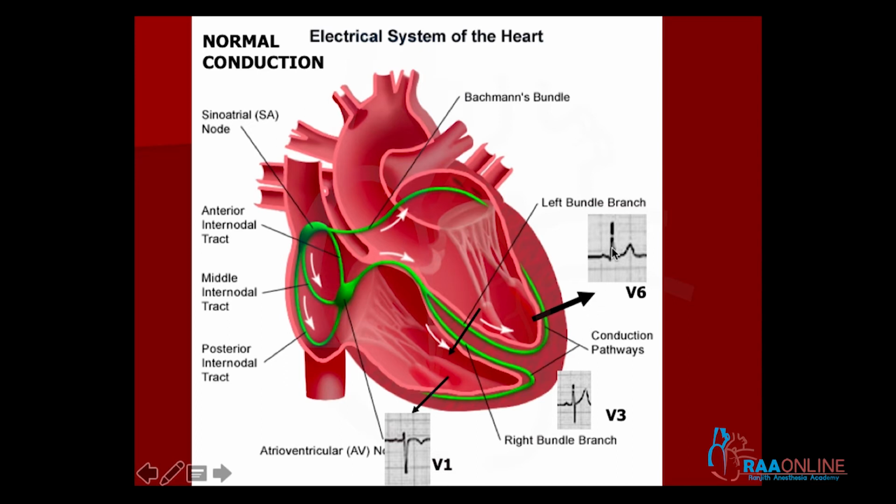and in V5 and V6 the R wave becomes totally positive. So the zones in which the R wave is progressively increasing, V2, V3 and V4, are called transition zones, because a predominantly negative complex is going to become a predominantly positive complex on the left sided leads. So in a normal ECG, the right sided leads are predominantly negative preceded by a very small positivity, and left sided leads are predominantly positive preceded by a small negativity,